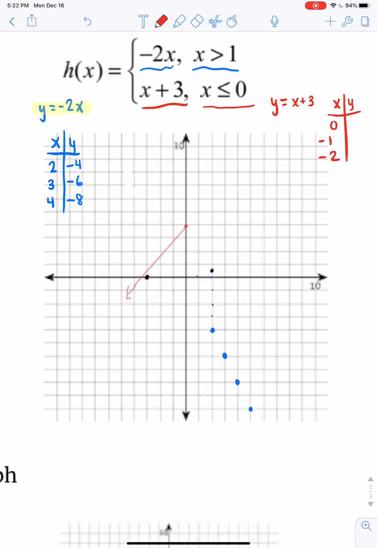If x equals 0, then we have 0 plus 3 is 3. If x equals negative 1, we have negative 1 plus 3 is 2. And if x equals negative 2, we have negative 2 plus 3 is 1. So we can go ahead and plot those points. We have 0, 3, negative 1, 2, and negative 2,